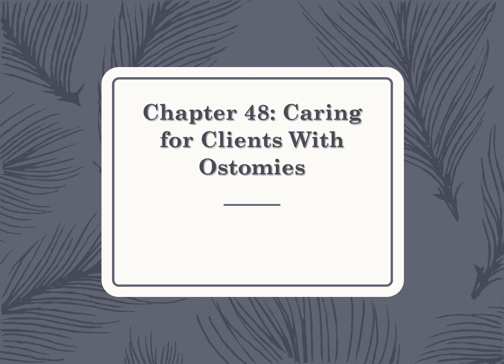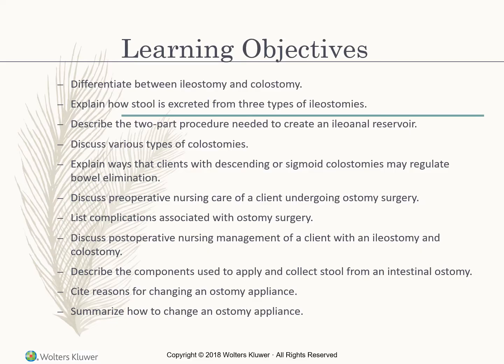Today's topic is Chapter 48 from TIMBY, Caring for Clients with Ostomies. Our learning objectives include knowing the difference between ileostomy and colostomy, explaining how stool is excreted from 3 types of ileostomies, describing the 2-part procedure needed to create an ileoanal reservoir, discussing various types of colostomies, explaining ways that clients with descending or sigmoid colostomies may regulate bowel elimination,